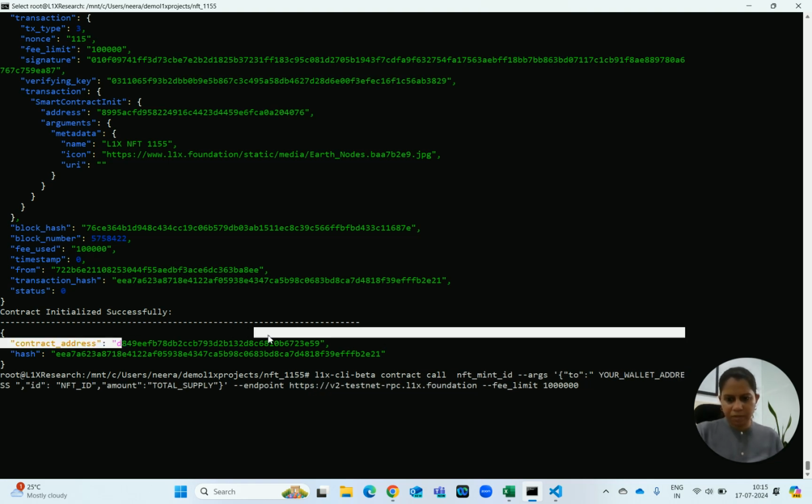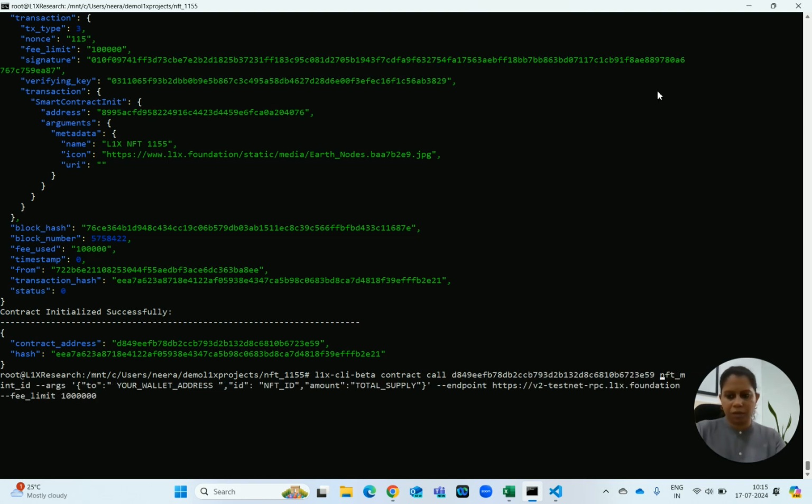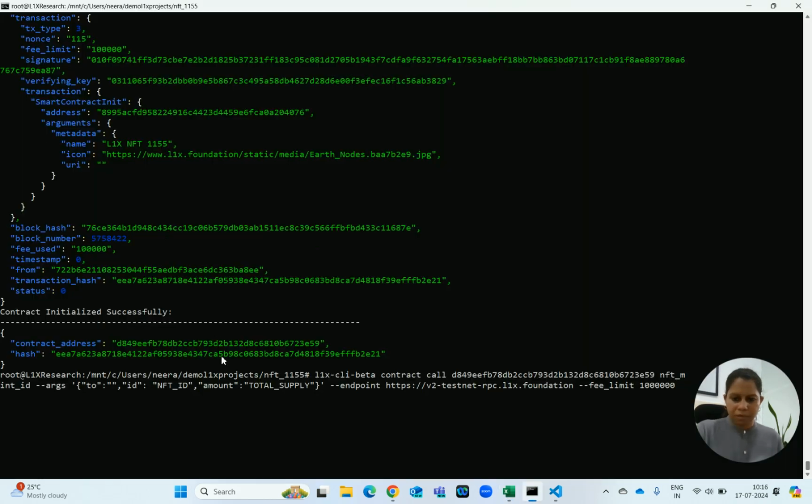This is the one we received on initialization. Copy it, put it here, and then where do you want to mint the NFT? We are required to put the wallet address here. I'll simply copy my wallet address,